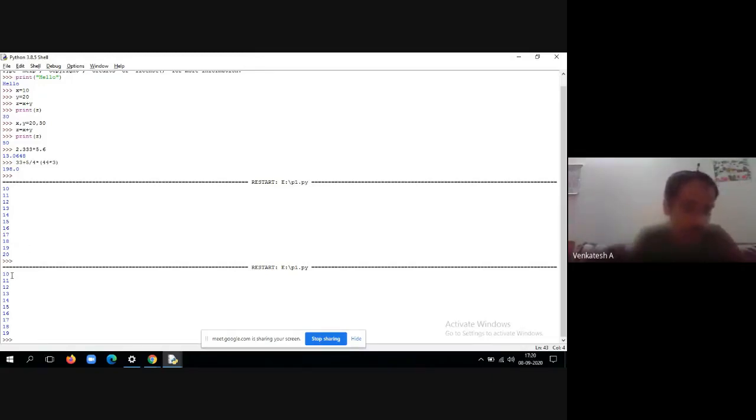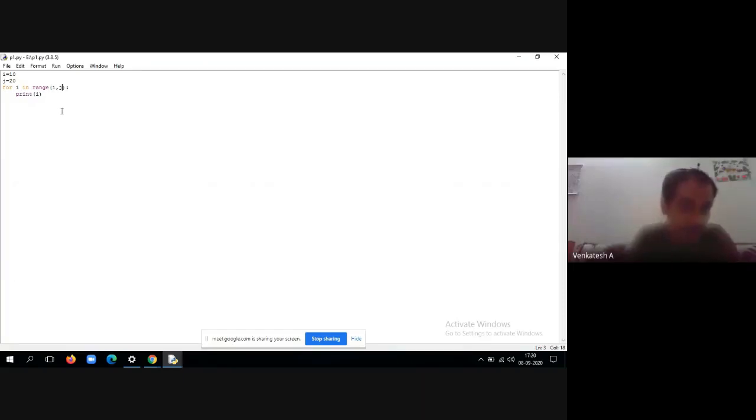It has printed the values from 10 to 19. Now, this loop is equivalent to for i is equal to 0, i is less than j and j plus plus.